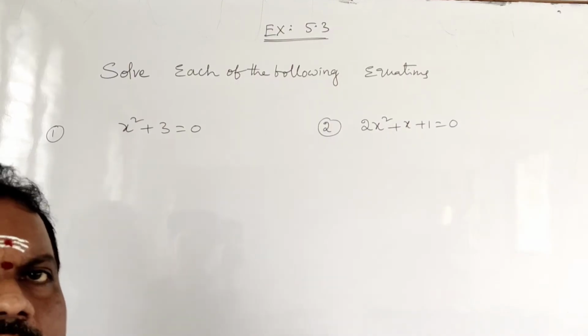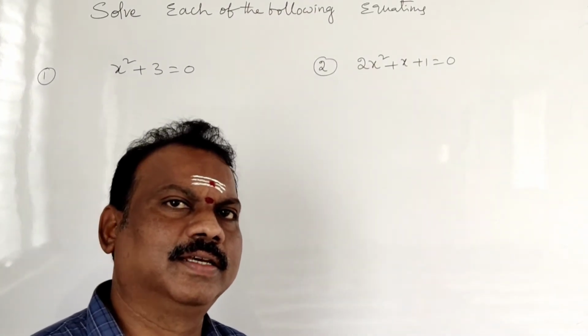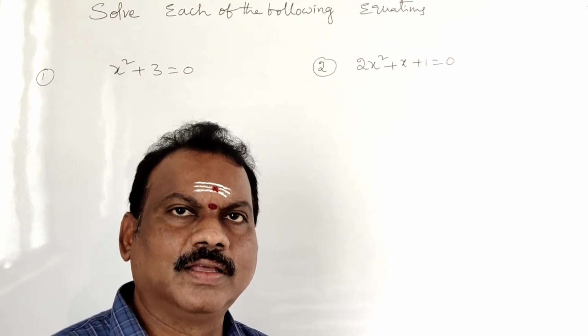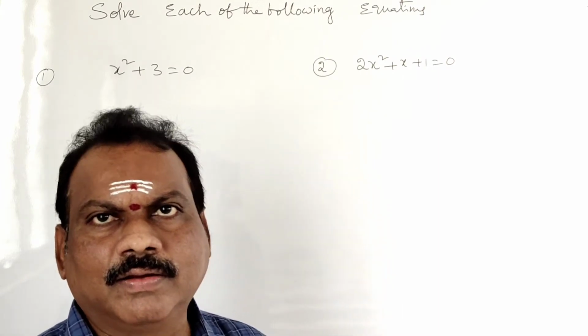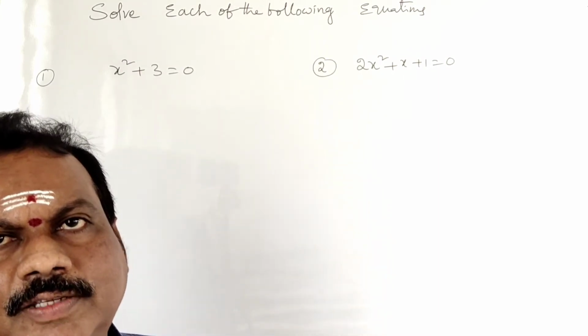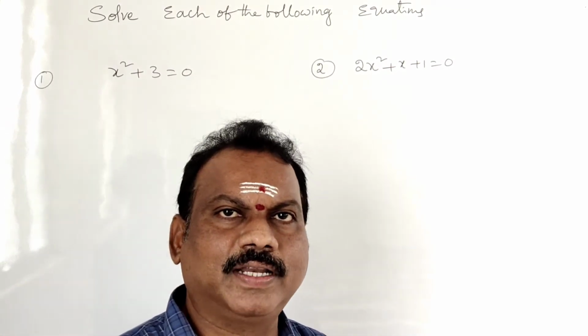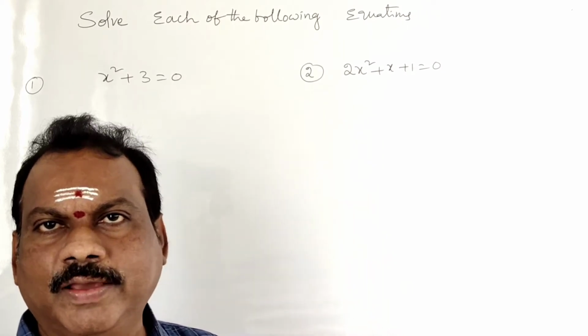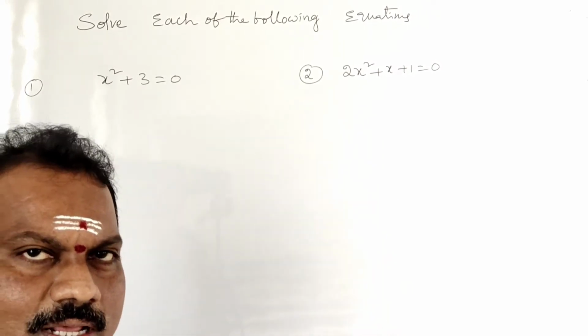Good morning, students. Last class we discussed quadratic equations. What is meant by quadratic equation? So what is its general formula? If ax square plus bx plus c is equal to 0 represents a quadratic equation, what are the conditions? A not equal to 0, a, b, c belong to real numbers and complex numbers.